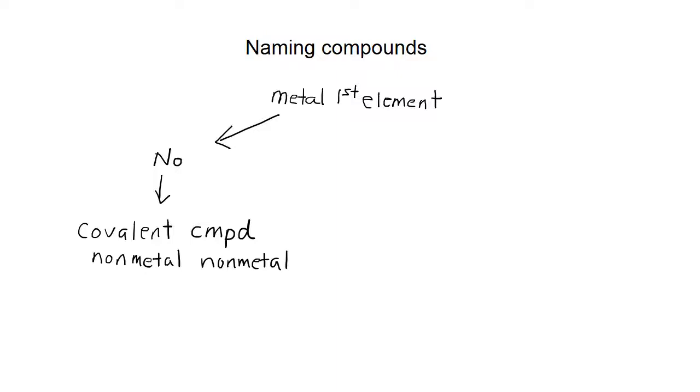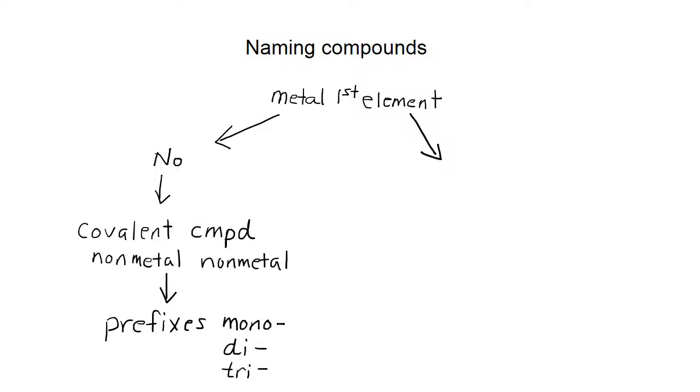So once you figure that out, you know you have to use prefixes. You do have to memorize 1 through 10, okay? So let's go over a few, just the first 3, but the rest should be provided in the PowerPoint. Mono, di, and tri, and tetra for 4, but that information is given to you. So right away, if it's non-metal, you're dealing with a covalent compound or a molecular compound, same thing. I have to use those prefixes, and that's it, okay? So that's on one side.